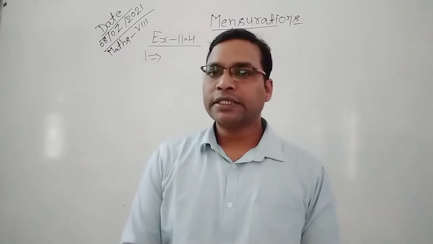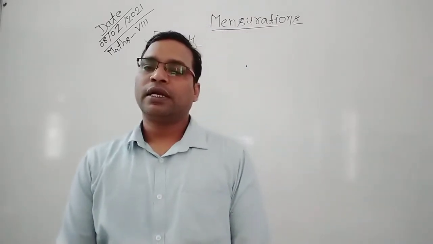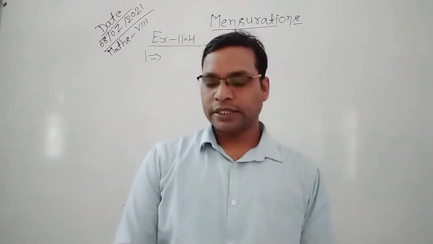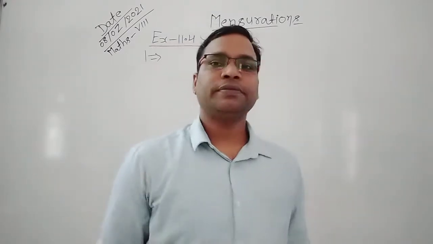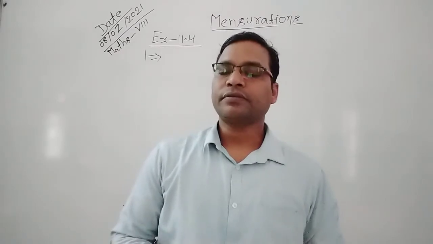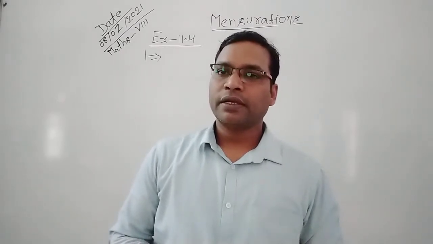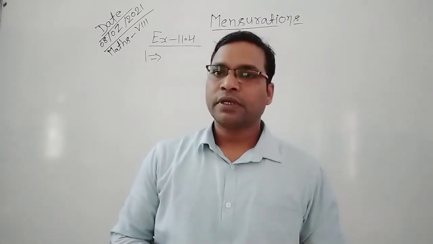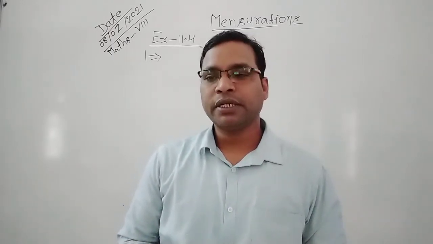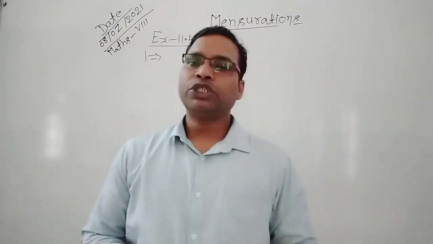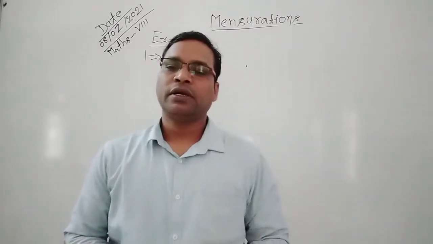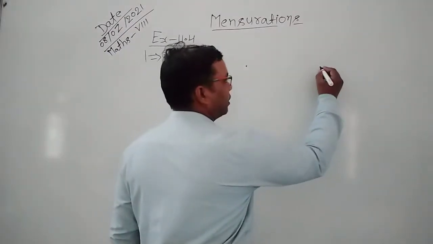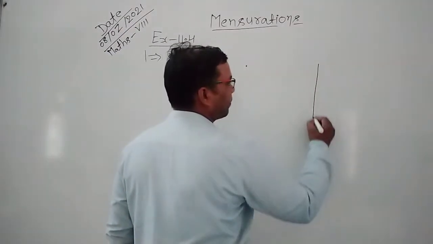So students, you can see in this question the diameter of the cylinder is given and the height is also given. So let's see how to find the lateral surface area. In the previous video we defined the volume of a cylinder. LSA means lateral surface area of the cylinder and TSA means total surface area of the cylinder. I hope all of you have seen a cylinder like this.